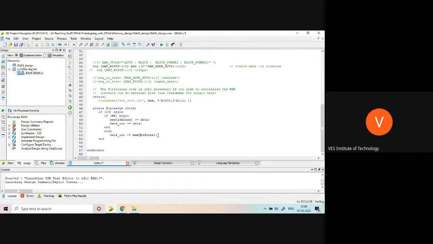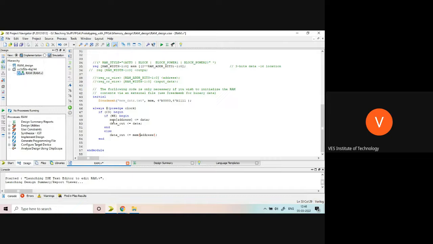See what is happening here. On the positive edge of a clock, it will first check whether the chip select is 1. If chip select is 1, it will check whether write enable is on. If write enable is on, it will write data at this memory location, whatever the address given, as well as it will send the data to the output also. So whatever data you have written onto the memory, whether it is correct or not, the data output will show.